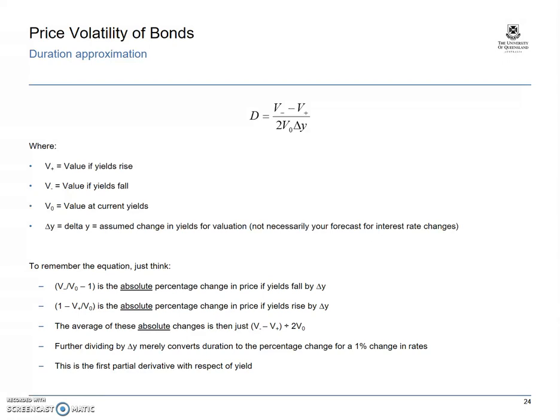And further dividing by the delta Y merely converts the duration to the percentage change for a 1% change in rates. And the other way to think about this is